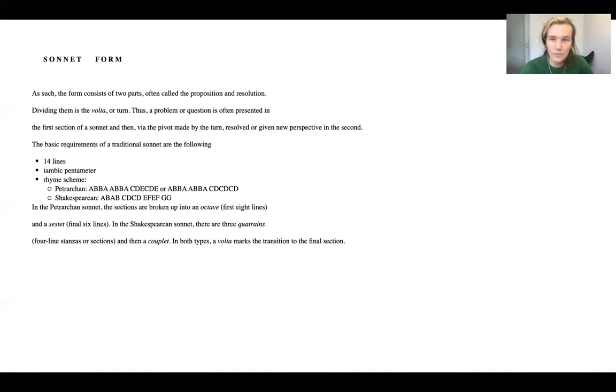And then in terms of the basics that make up a sonnet, it's 14 lines. It's iambic pentameter, which we already talked about. So you have the 10 syllables, the 5 beats, da da da da da da da da da da, the heartbeat. And then there are 2 variants which you could follow. The one we already looked at, the Shakespearean one, has the rhyme scheme A, B, A, B, C, D, C, D, E, F, E, F, G, G. And there are 2 other variants, which are